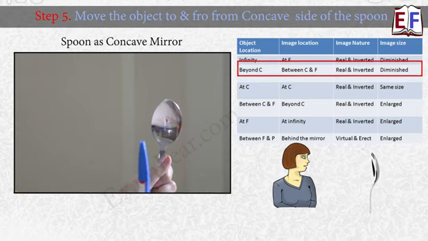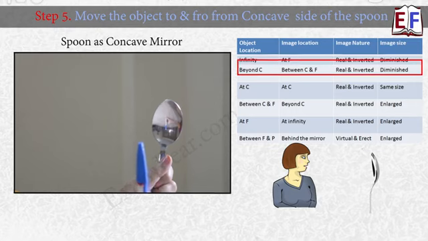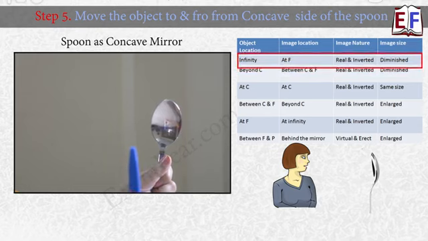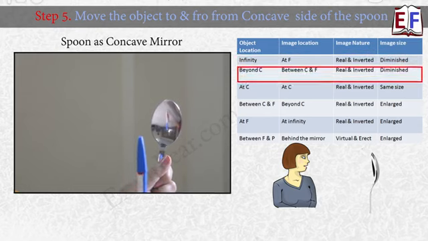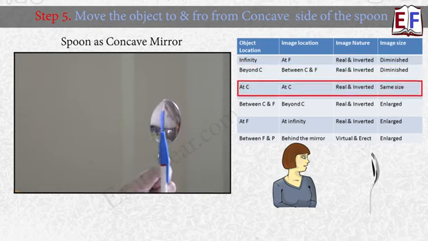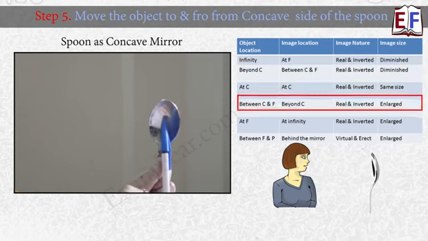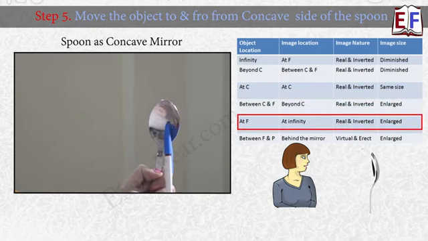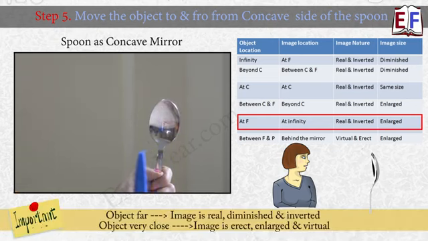Here what do we see? Here we see that the image formed is inverted. We see an inverted image, and as we move the object away from the mirror, the image is inverted. As we bring it near the mirror, then also the image is inverted, but when the object comes too close to the mirror, maybe this much close, then what happens? We see that the image is erect. So this proves that in case of a concave mirror, the image formed is real and inverted when the object is far away, and the image formed is virtual and erect when the object is very close.